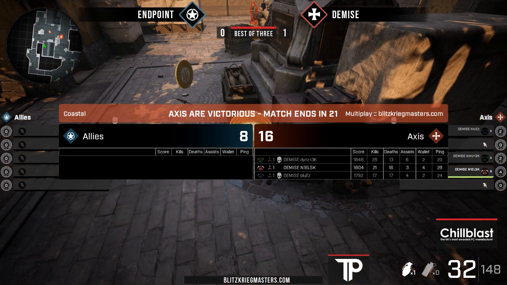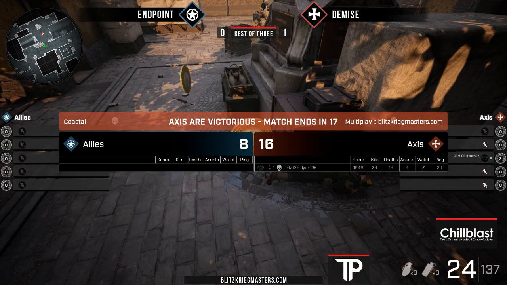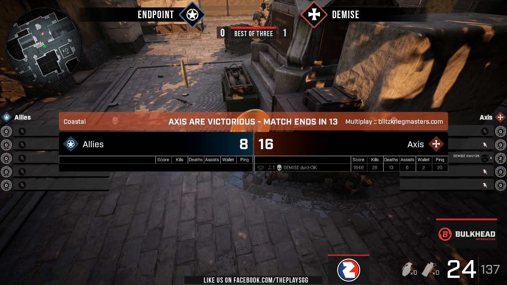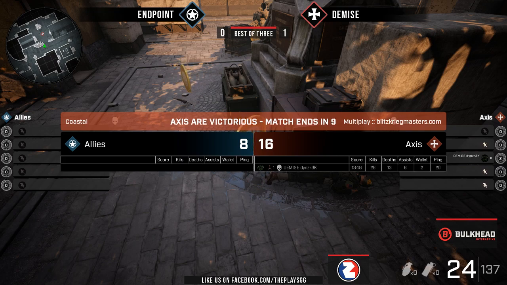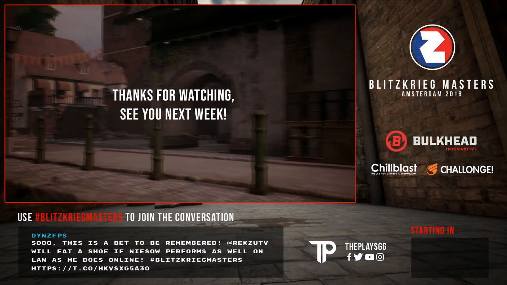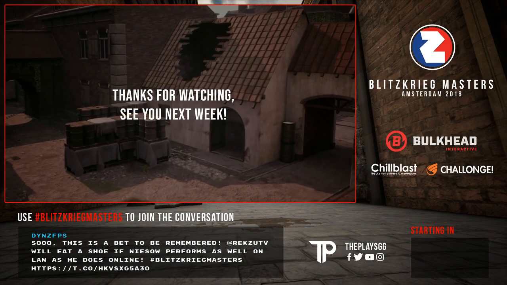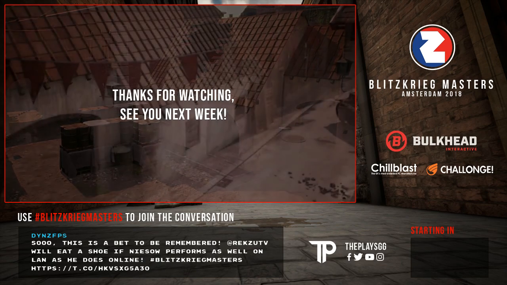As that new Endpoint lineup, we've seen hope, but clearly that lack of practice is something that is affecting them. They don't really have anything to fall back on when they aren't connecting their shots. And when you have Dins just going so massive, 28-13 at the end, it is going to be very difficult to just win out those aim duels and play fully off of your skill. Yeah, indeed. Just a fantastic performance coming out from DEMISE. Overall, doing really well to claim the